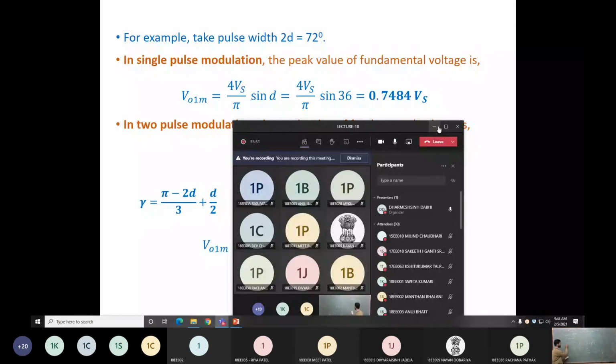So for removing the lower order harmonics, meaning the third, fifth, and seventh, whose frequency is low as compared to the higher order harmonics, you require a large size of the tank. It means you require a large size of the filter circuit. Again, the inductor is not the only component used in the filter.